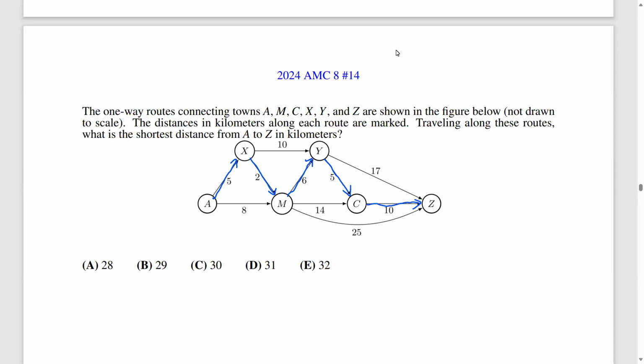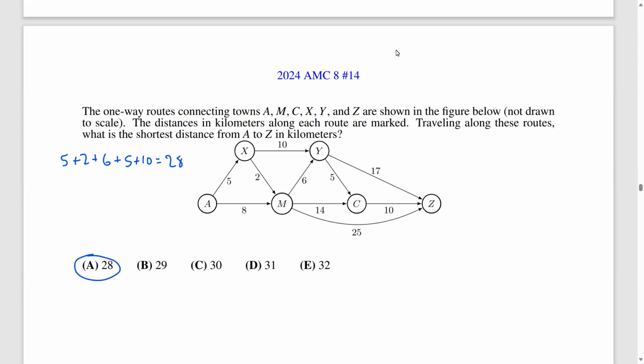The total length of this path is 5 plus 2 plus 6 plus 5 plus 10, which is 28 kilometers. Now, because 28 is the smallest out of these 5 answer choices, we can immediately conclude that the answer is A, 28. Now, this may be a bit unsatisfying because without these answer choices, how do we actually prove that